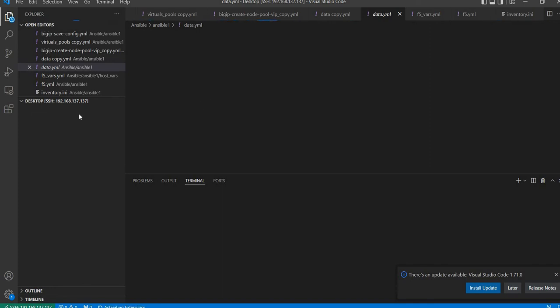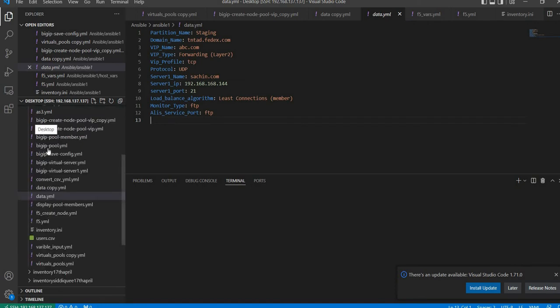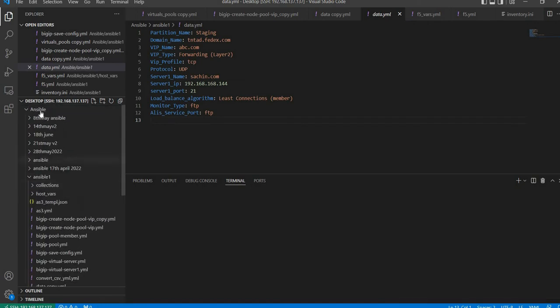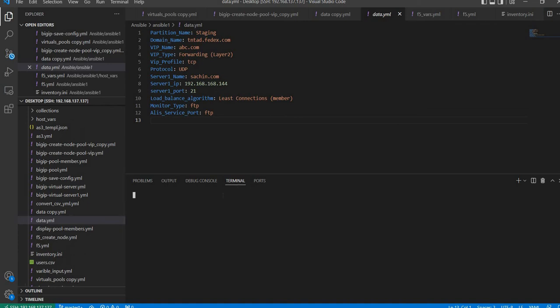So it's fetching the data. I have a desktop, and on that desktop I have the Ansible folder, and inside Ansible I have the Ansible one folder. So here on my desktop, I cd